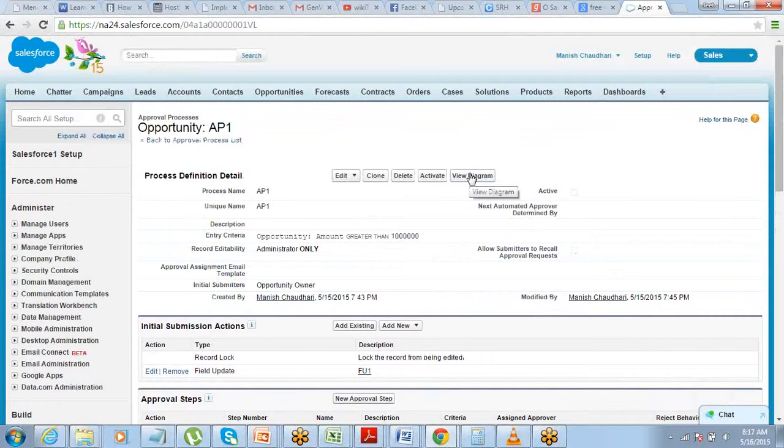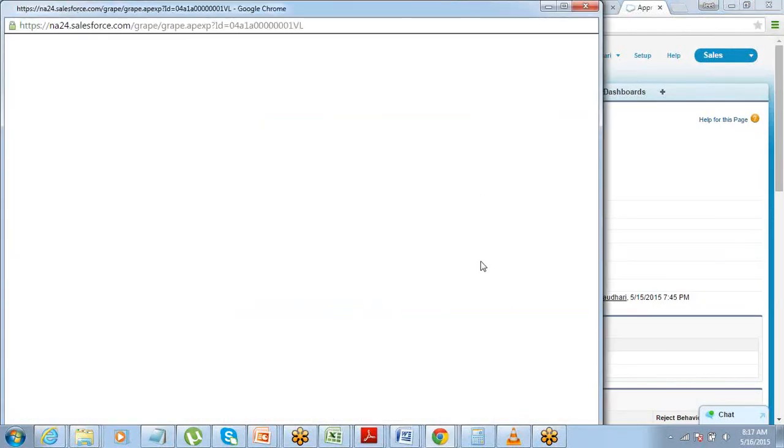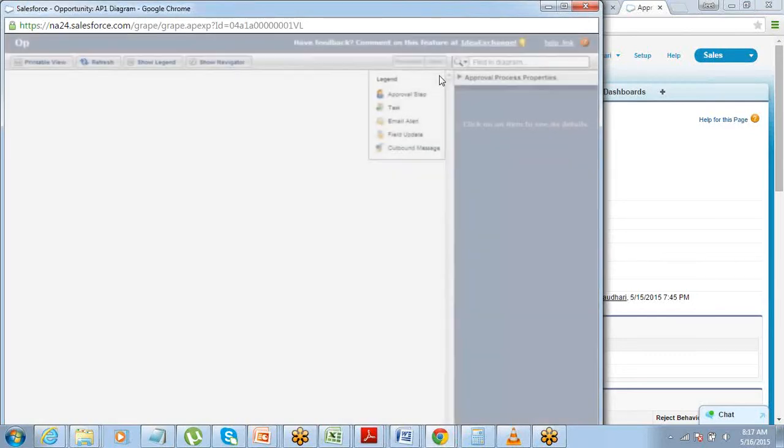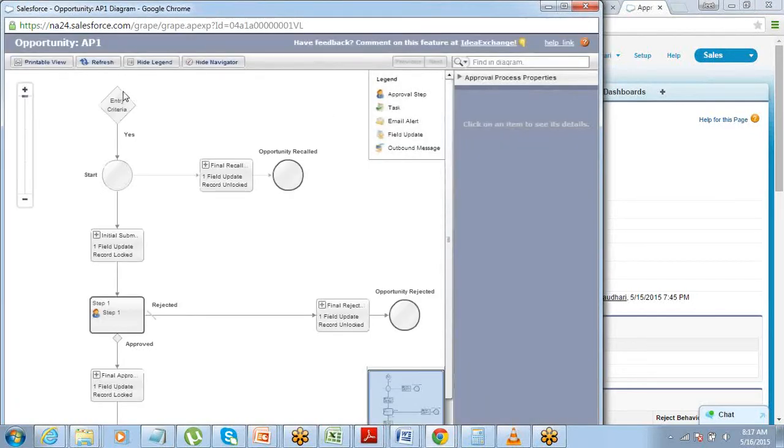Now quickly look into the approval process diagram from here, to see how your approval process is actually set. This will show you a flow chart of your approval process, just for your understanding of what exactly is going to happen. The record has entry criteria, the approval process will start, then it goes into initial submission.